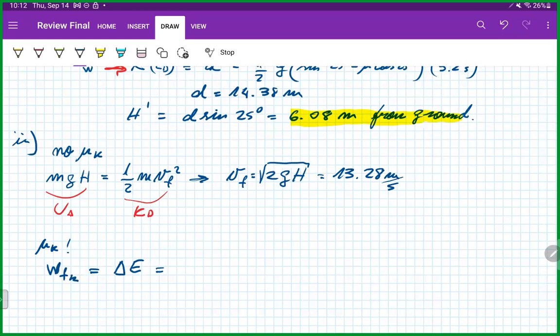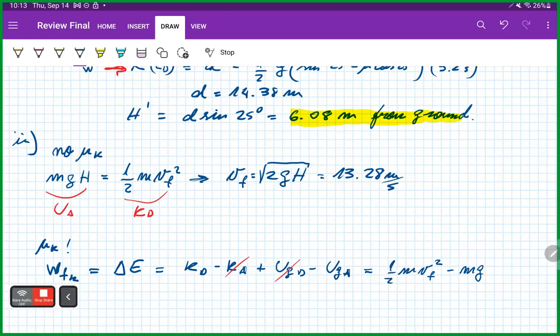And that's equal, if we are comparing final points with the initial points, so A and D, to the kinetic energy at point D minus the kinetic energy at point A plus the potential energy at point D minus the potential energy at point A, right? That's the variation of the total mechanical energy, which is the work of the friction. We know that this one is 0 at A, and this one is 0 at D, and we would get 1/2 mv final squared minus mg